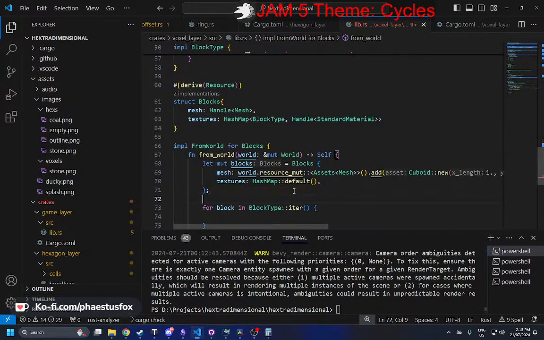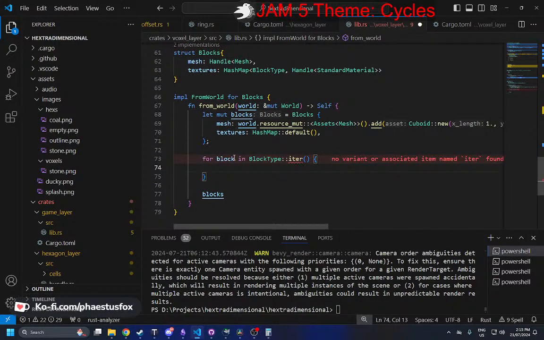Alright, and then for here we iterate through each of these, and then we say let asset